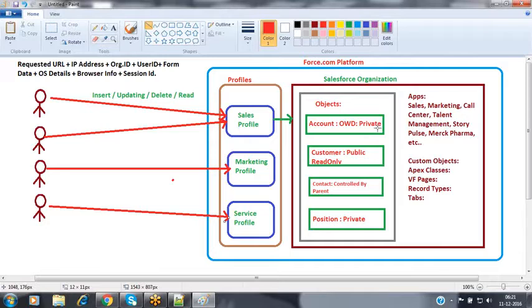What does OWD private mean? Whenever a Salesforce user has created a record, then only the record owner and his manager will have access on that record. The other people will not have access on the record. Other people cannot perform operations on that record.